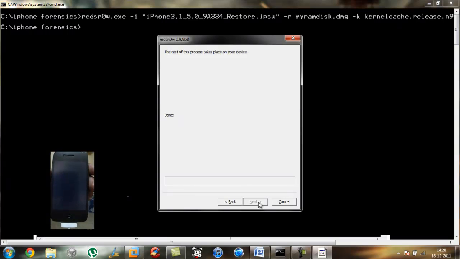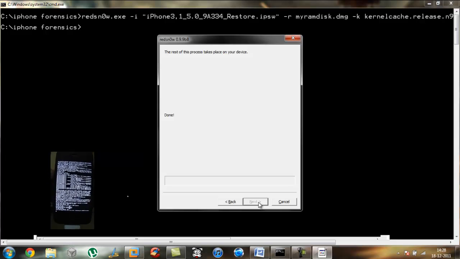Once Redsn0w displays the done message, you can notice some actions on your phone. Initially, it displays a pwned boot logo. Later, the custom RAM disk gets started in verbose mode. If you see the OK message on your device, then it indicates that the custom RAM disk is loaded and started successfully.